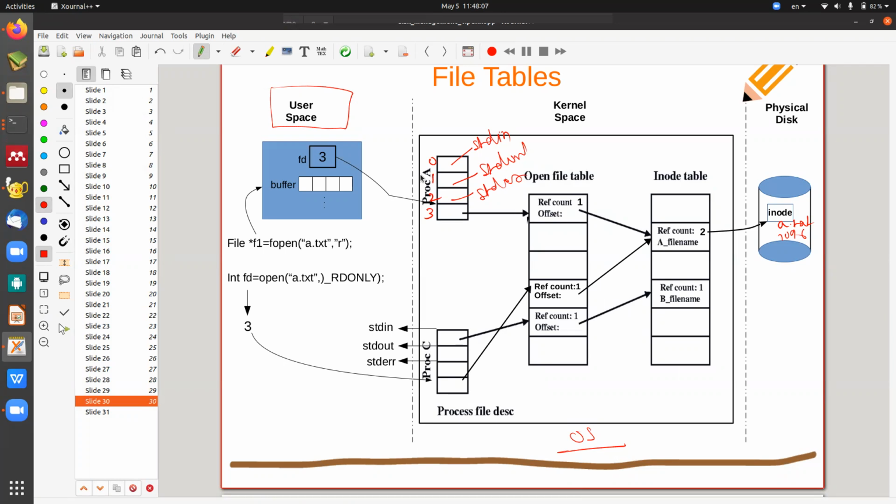Will it be with the OS? With the OS or with the process? Did you read it? What is the component of the process? Address space, OS resources, CPU resources. Inside the OS resources there was file information. What does file information keep? All the file descriptors created under him will be present.